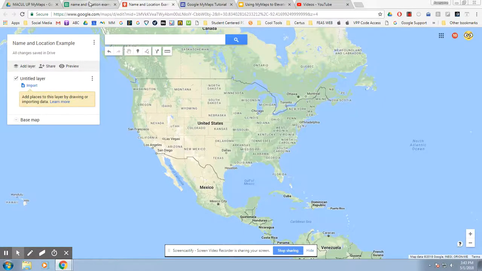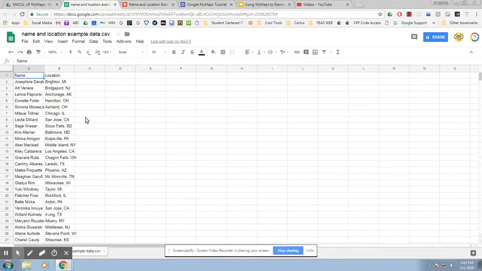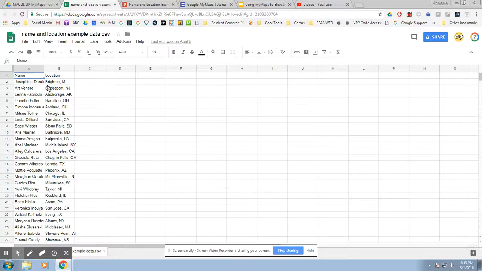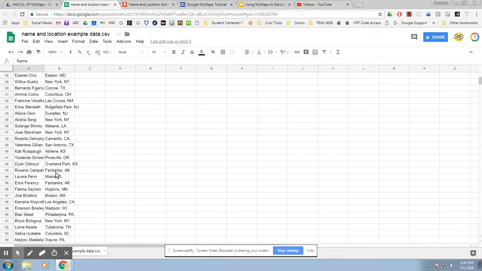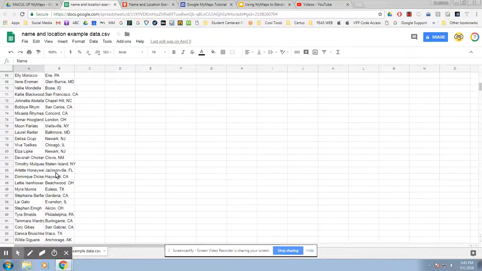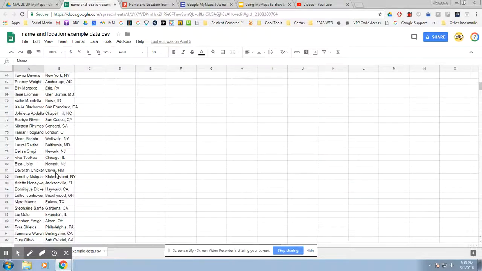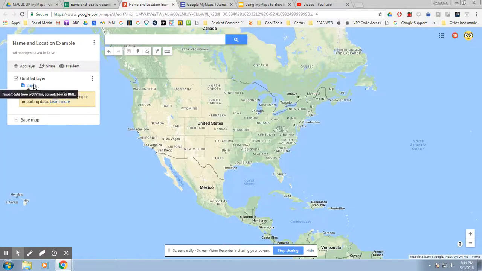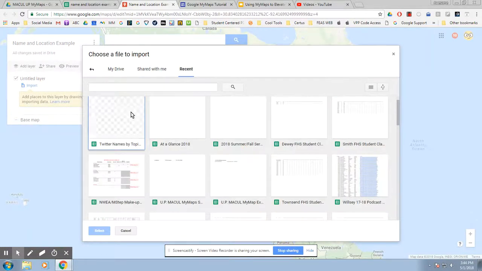And I'm going to take you to the spreadsheet. Before I click that, I have a Google Sheet, and on that sheet I have random names, and in the second column I have a location, a city and a state. So in the import that you're going to be doing, you want to have probably a couple of different columns, one of those columns being a location, the other column maybe being a description of what is at that location. So I'm going to go back here and click import, and it's going to ask me